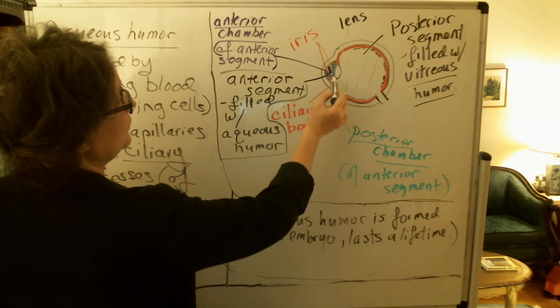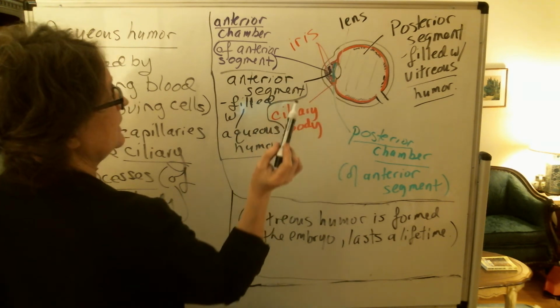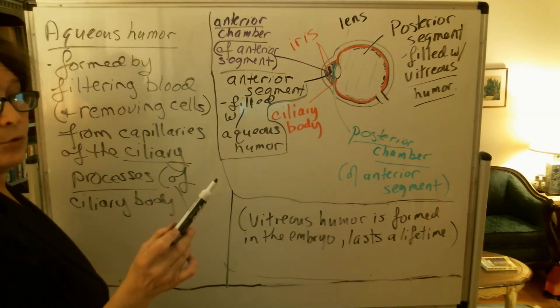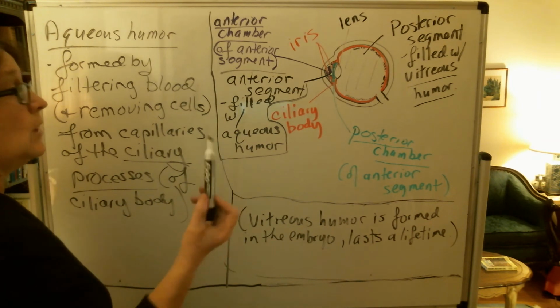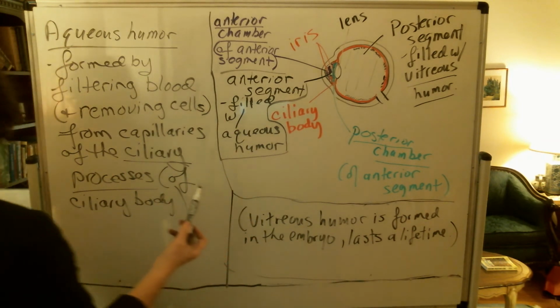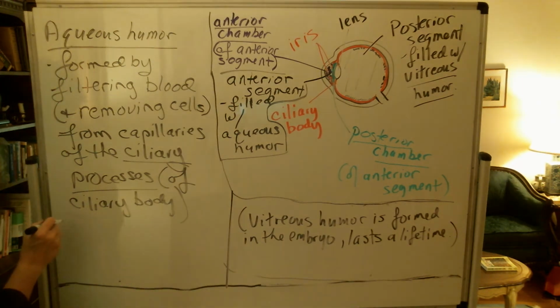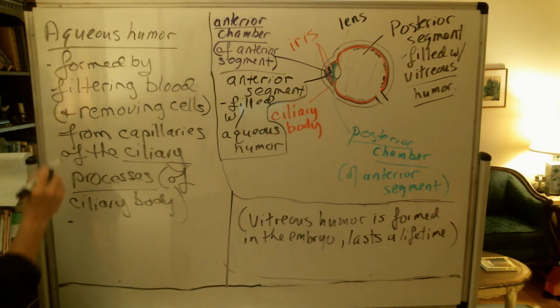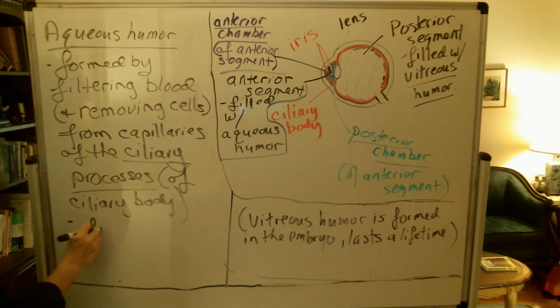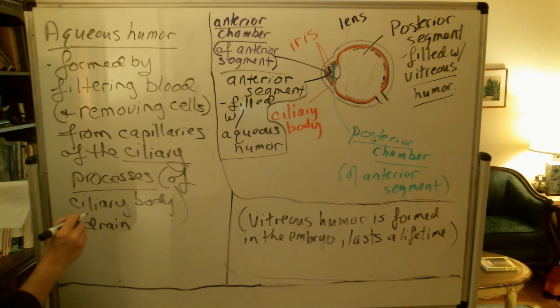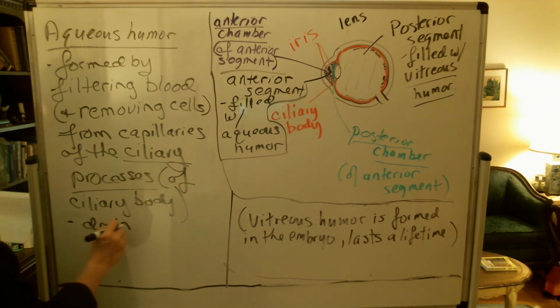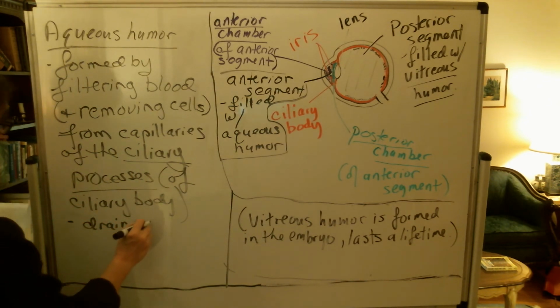What all this is saying is that you have the ciliary body there. It has these folds and wrinkles in that tiny amount of tissue. Those folds and wrinkles in that tissue are the ciliary processes of the ciliary body. And the aqueous humor then, remember, is constantly made fresh and therefore needs to be drained away. So it drains out